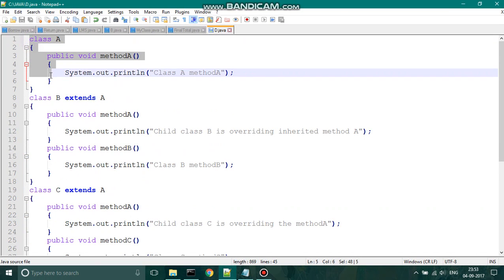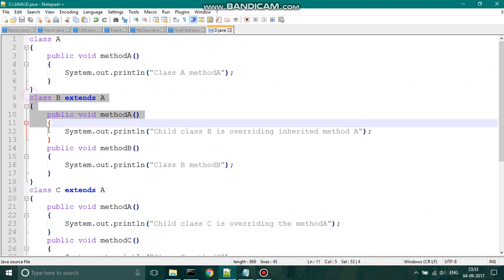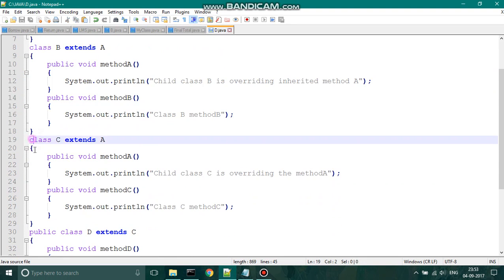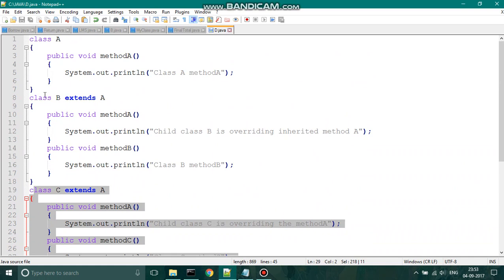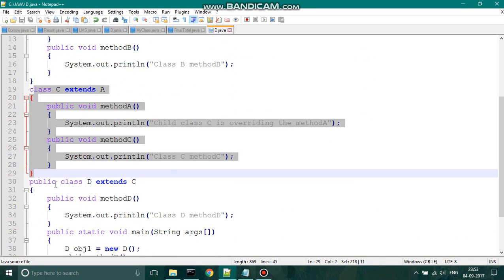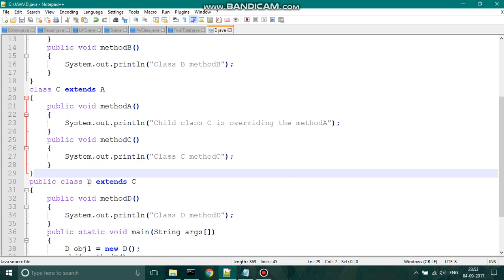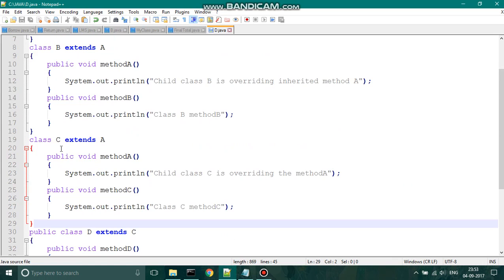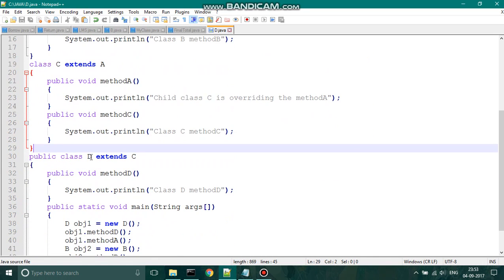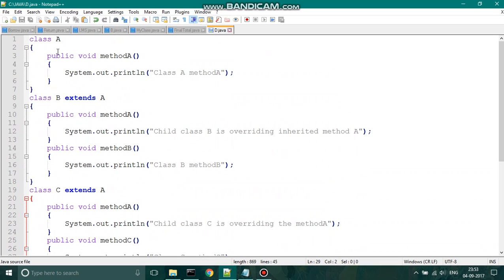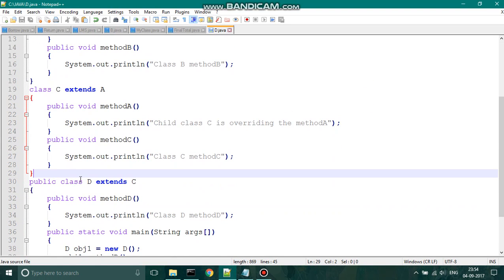Now we have a class A which is inherited by the class B as well as the class C. This is an example for hierarchical inheritance. Now we have a class D which extends C, but since C already inherits A, the functions of A also exist in D. That is, class A is a base class. Now class C is a derived class of class A and class D is a derived class of class C. So this is an example for multi-level inheritance.